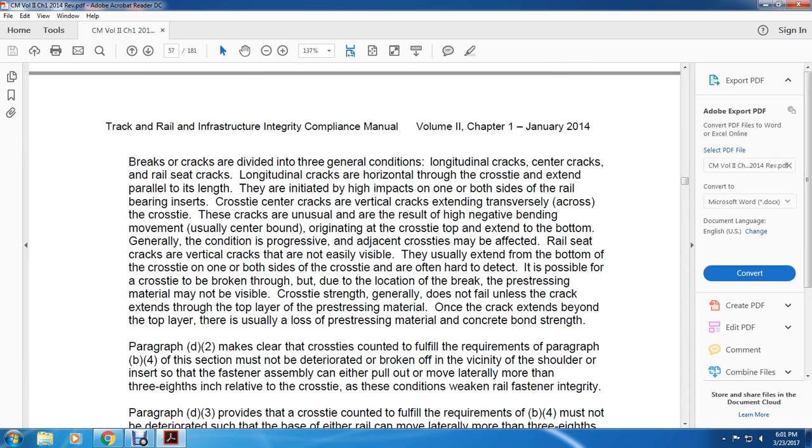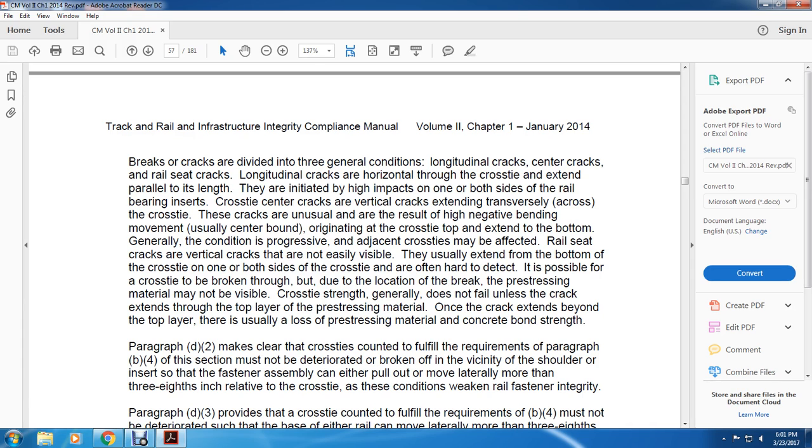Breaks and cracks are divided into three general conditions: longitudinal cracks, center cracks, and rail seat cracks. The longitudinal cracks are horizontal, with the cross tie extended along the parallel ends of its length. They are intended with the higher impacts on both sides of the rail bearing insert. Center cracks are vertical cracks extending transversely across the cross tie. The cracks are usually a result of heavy negative bending of the movement, usually center bound with the